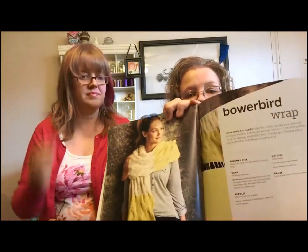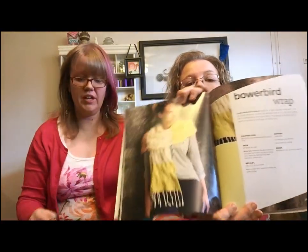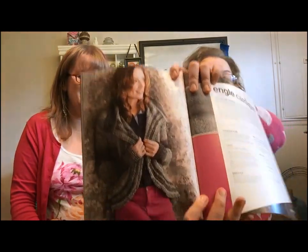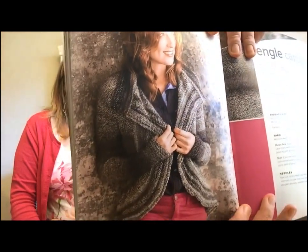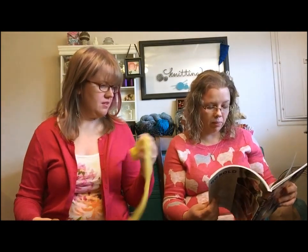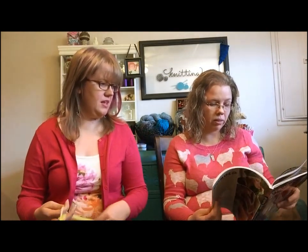Has a lovely wrap that's in cables. All cables. Gentle cables. It looks very snuggly. I like that. This I love. This one is my favorite too. This is my favorite. It reminds me of another sweater that I had wanted to make once upon a time, but doesn't take up as much yarn as this other one, because the other one was just...